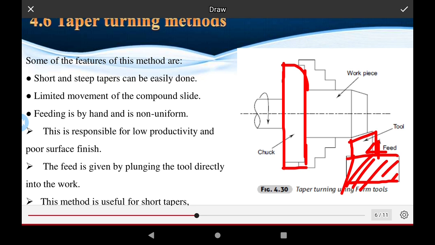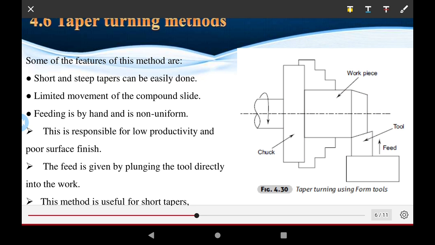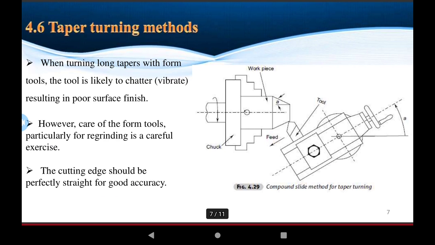In taper turning, the diameter of the workpiece increases from the small diameter d to the capital diameter D. All of this is performed in the taper turning operation. The taper turning methods are